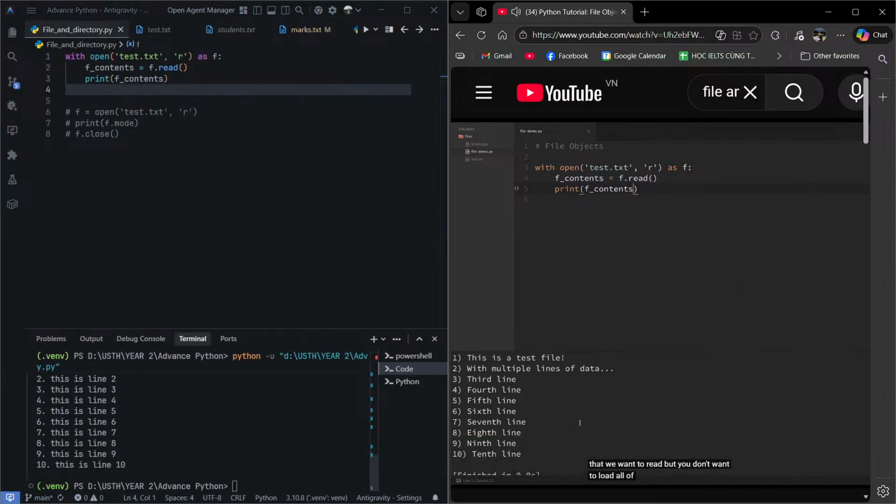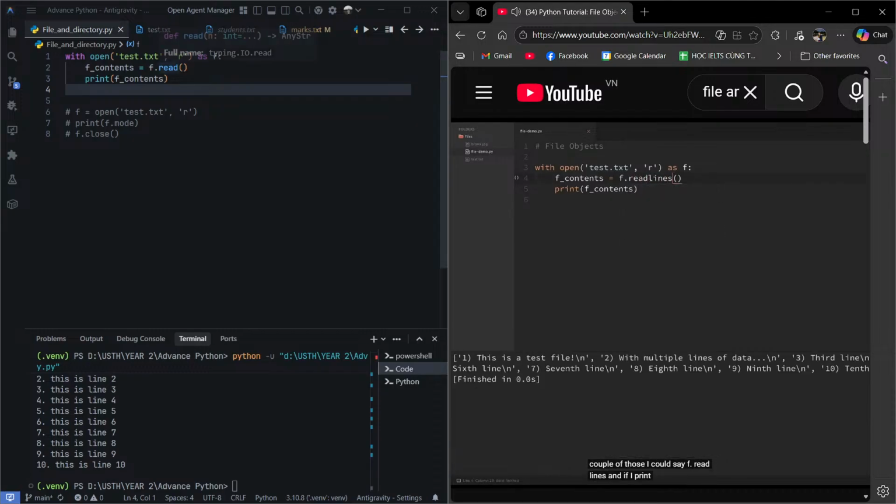But we don't want to load all of the contents of that file into memory. Well, there are a couple of other methods that we have available for reading file contents instead of f.read. So just to look at a couple of those, I could say f.readlines, and if I print this out,